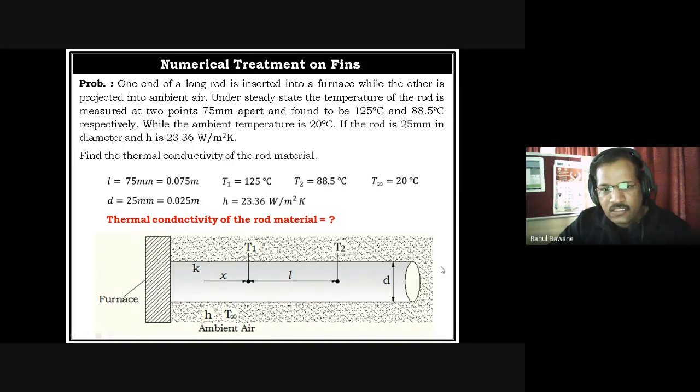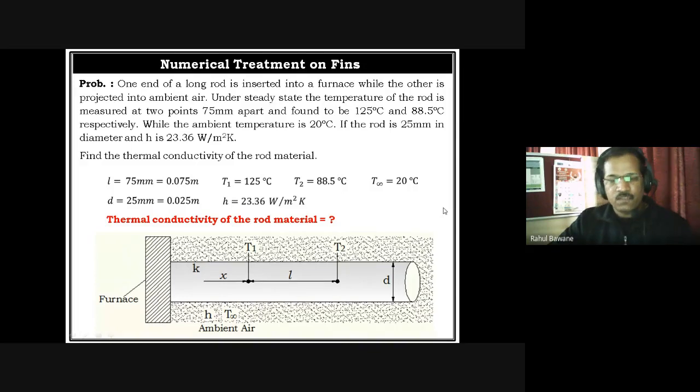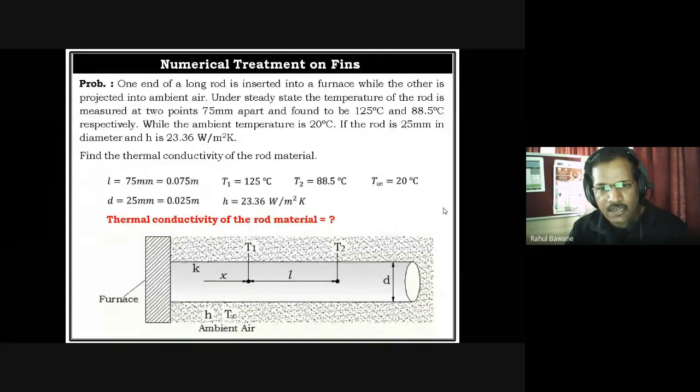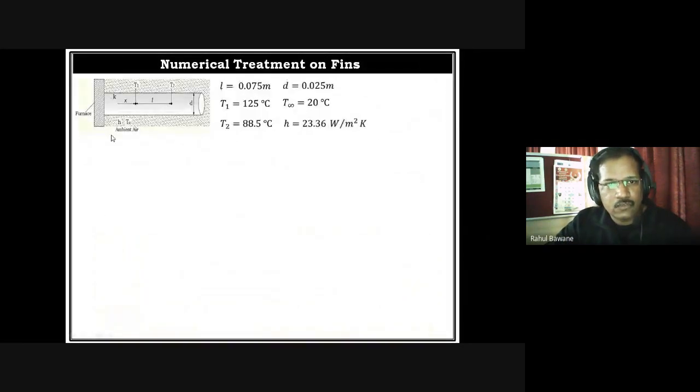So this is our schematic, and from this given data we have to calculate the thermal conductivity of the rod. So this is not the usual problem where we put the formula and get the value. So we have to use our derivation part, and this is a very important numerical, because in previous SPPU exams 3 to 4 times the same kind of question was asked. Okay, so let us see how to solve this. So this is our schematic, and these are our given data.